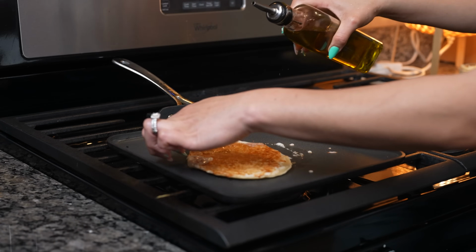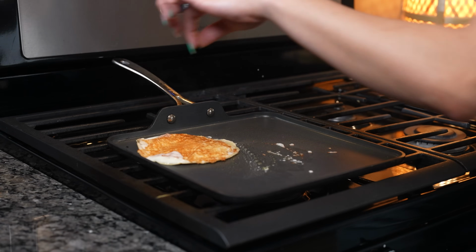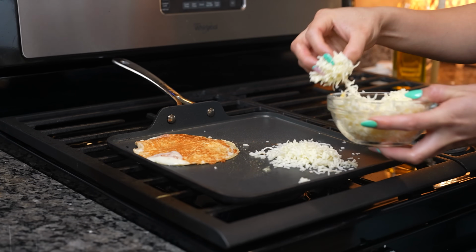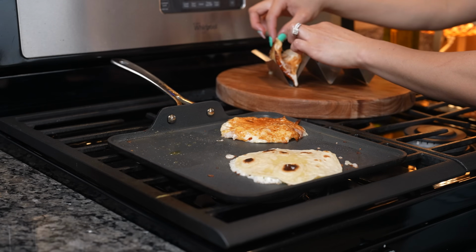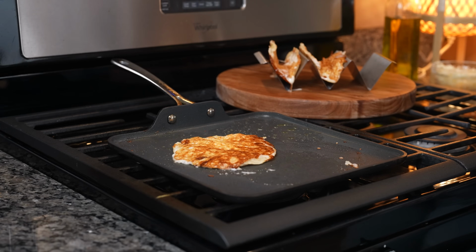I'm going to add a little bit of oil to crisp my tortilla. And I'm just going to repeat the same process to all of my tortillas. Okay, so once our tortillas are nice and crispy, we're going to remove them from the skillet. And I'm just going to place them in my taco holder. Okay, and now we're just going to repeat the same process and then we can get ready to dress our